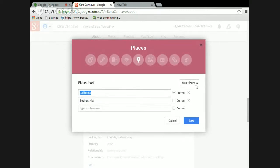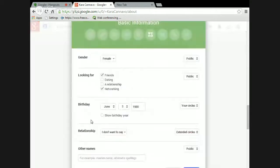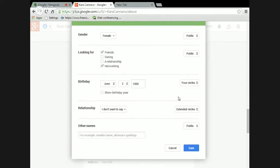To my circles, I could leave this public and we save it. I don't like everybody to know everything about me. So the personal information that you want, okay? You don't want everybody to know like where you live exactly, right? So you're not going to give away your entire information. And for identity reasons, I would not put everything here,